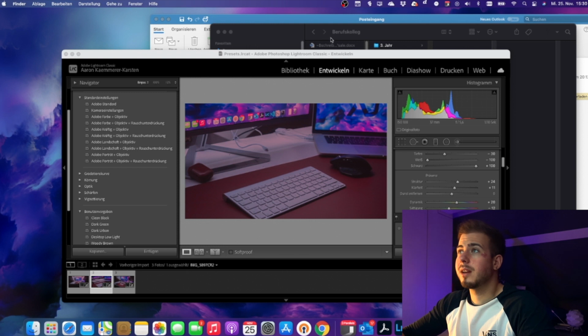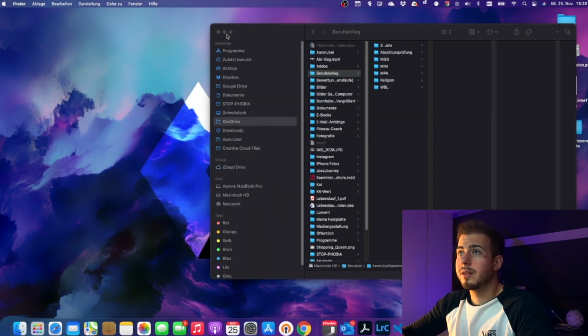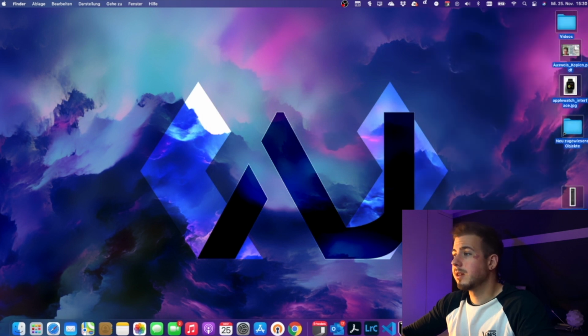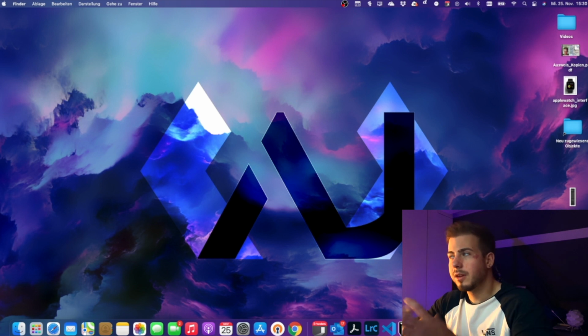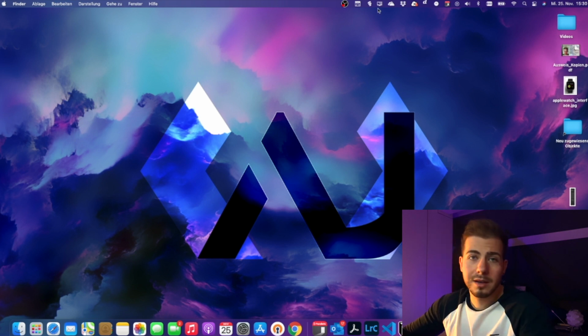So last but not least, I will show you the trick how I hide all my icons up in here. Currently you can see some icons here, but if I do take any pictures for Instagram or something like that, or I make a video like this, I like to remove them all, but I don't want to put them anywhere else or delete them, so I just use a pretty simple tool which is called CoverDesk, and I will